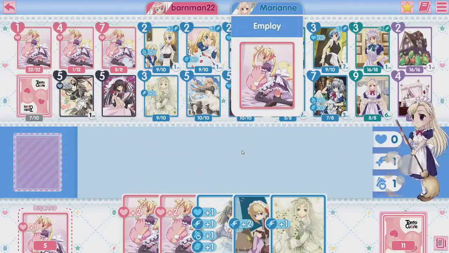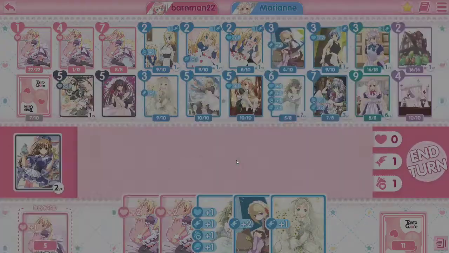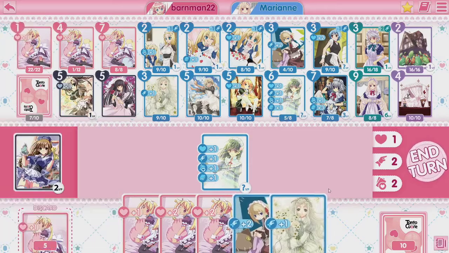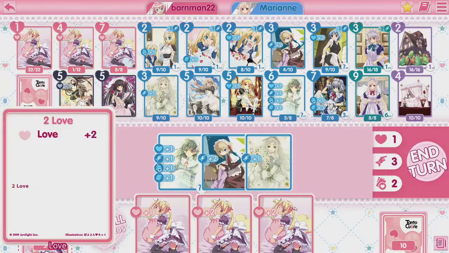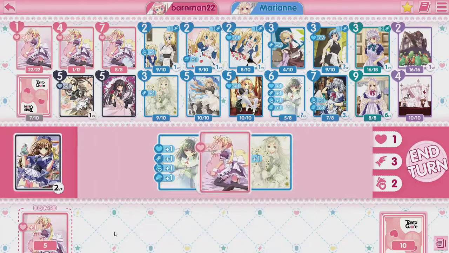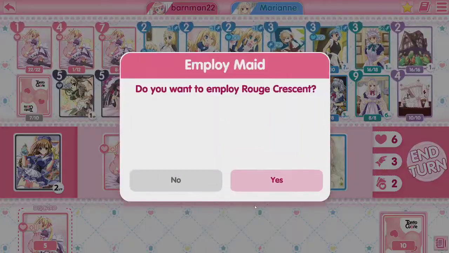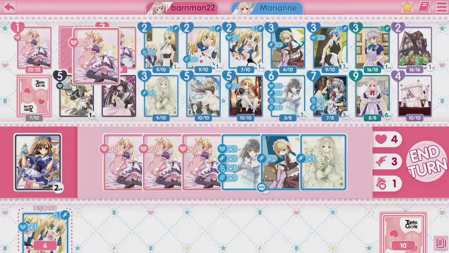What I need. Okay. There's only 1 2 love left, so I've got to be conscious of that. So let's play Ophelia. She lets me draw a card, which has given me an extra serving thanks to my chambermaid. We'll play these. I don't think I need them. I've got 3 servings and no more maids I can play. But we've now got 6 love over 2 servings. Let's hire a rogue crescent, so I've got 1 of each. And let's actually get this last 2